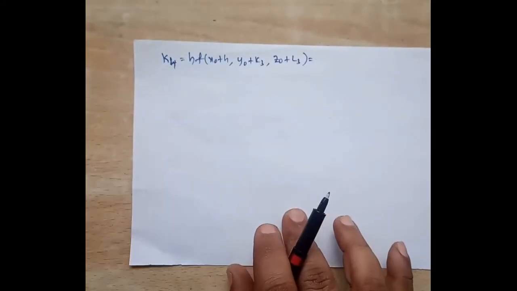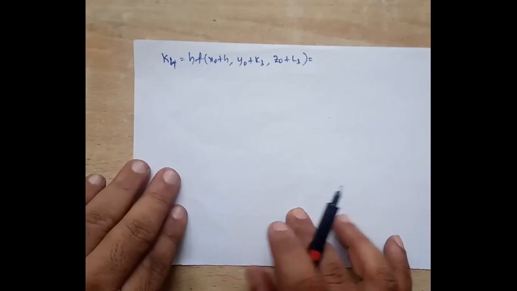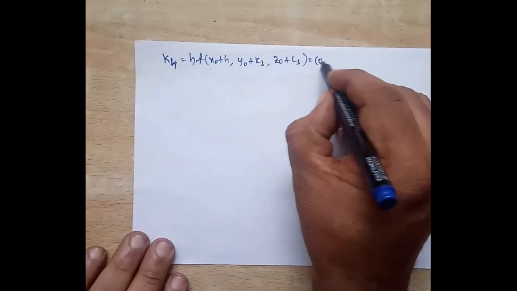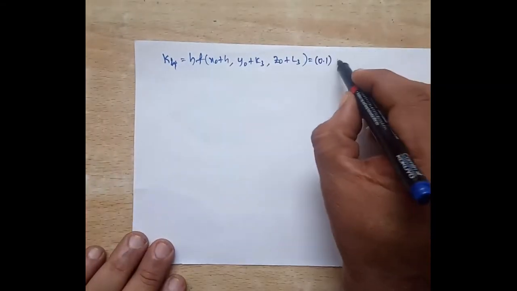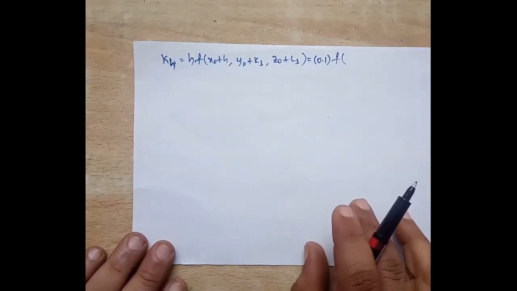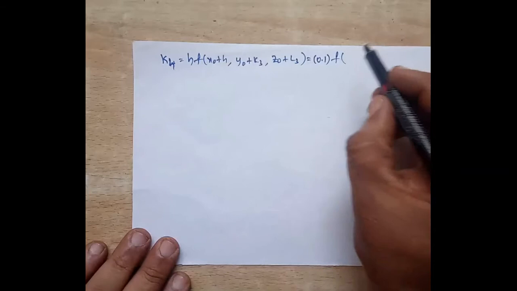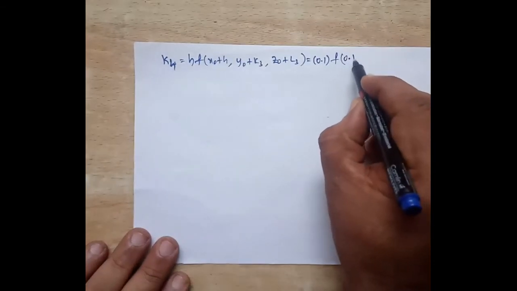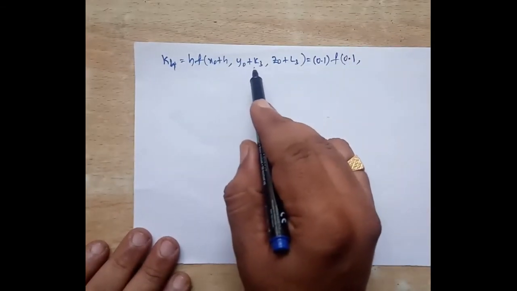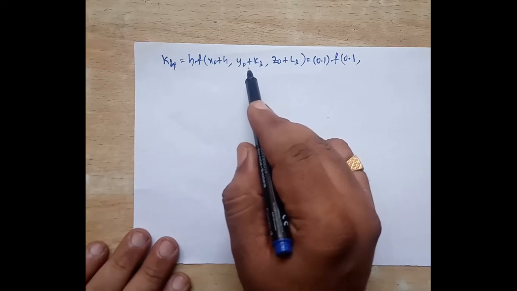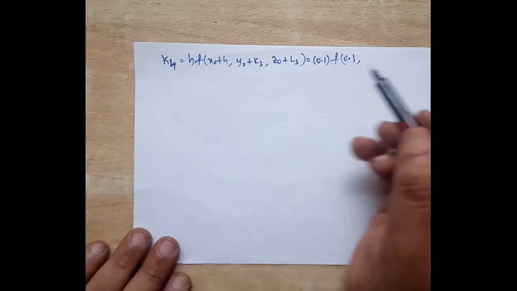So this is the formula for K4. Let us simplify. H is 0.1 into f of, so x naught plus h. You know, x naught is 0, h is 0.1. 0 plus 0.1. It is 0.1. Comma y naught is 1, K3. So K3 we got 0.0055. So it is